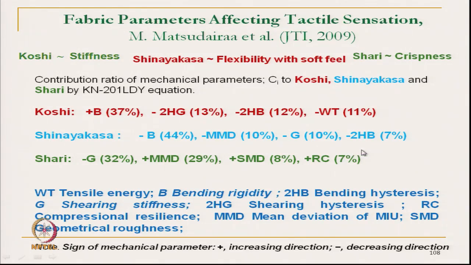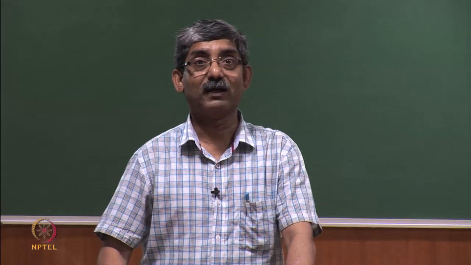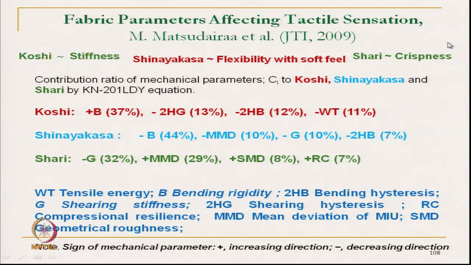2HB is basically a bending hysteresis. So, higher bending hysteresis will give us a lower value. So, from this contribution value we can get an idea about what it means. It is one type of feeling, and it is called Shari, the crispness of the fabric,